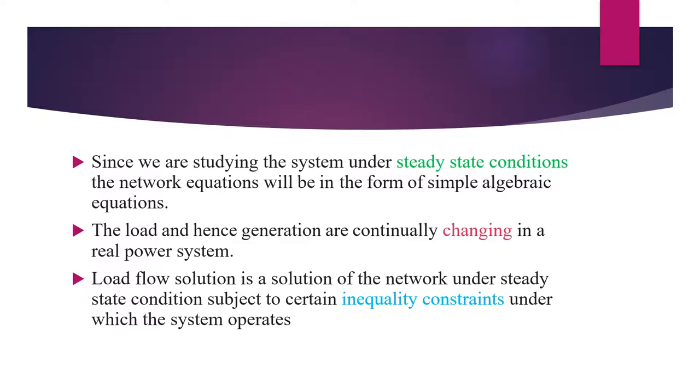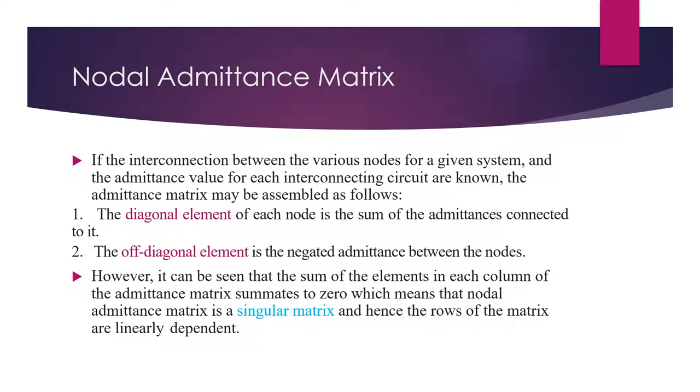Then we have seen a nodal admittance matrix for a 3-bus system and we have developed the equation for Ip. Ip is equal to summation q equal to 1 to 3 of Ypq Vq, where p is nothing but the bus number. So for a 3-bus system, we are writing that summation as q equal to 1 to 3. If it is for an N-bus system, Ip we got as summation q equal to 1 to N, Ypq Vq, and p is equal to 1, 2, 3 and so on till N.